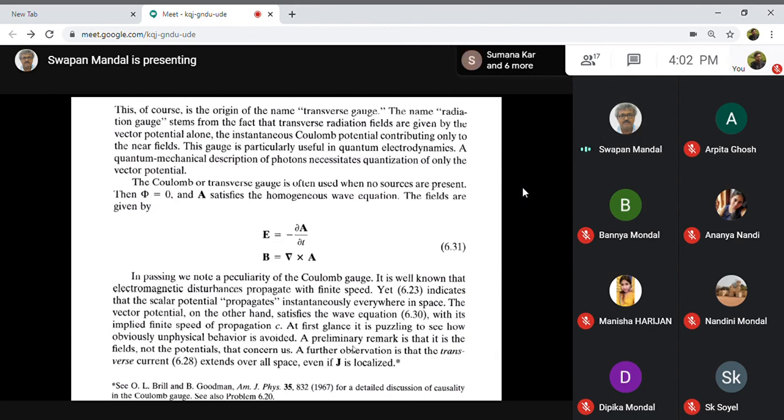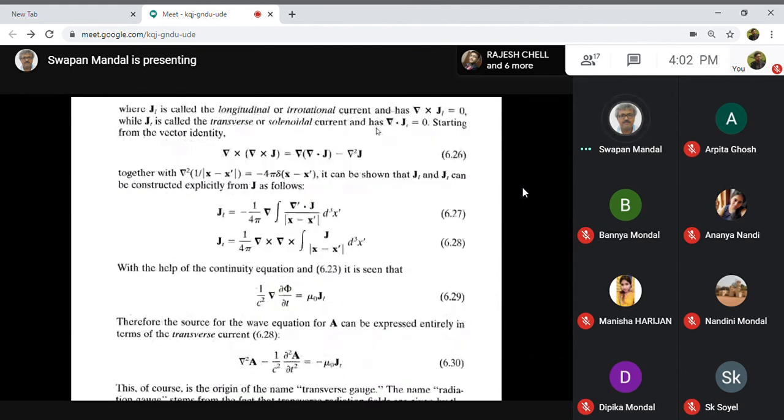Now, once again, I have to find out the vector potential. That is the task I have. In order to get the vector potential A, I have to solve the differential equation, the previous differential equation. So this is the differential equation I have to solve. I do not want to skip it. So I have to solve this differential equation in order to get the vector potential. Okay, so this has to be solved as it stands now.